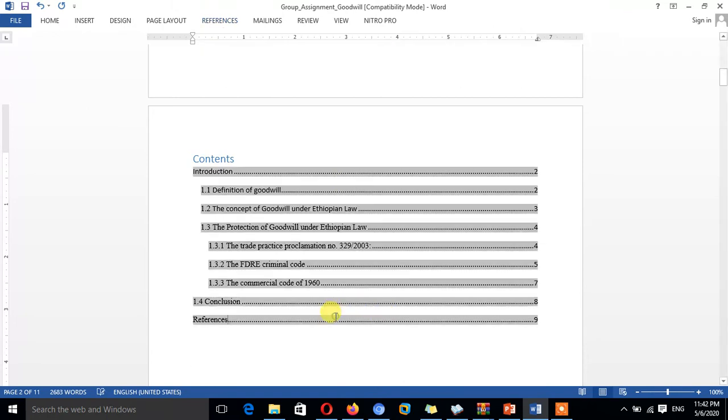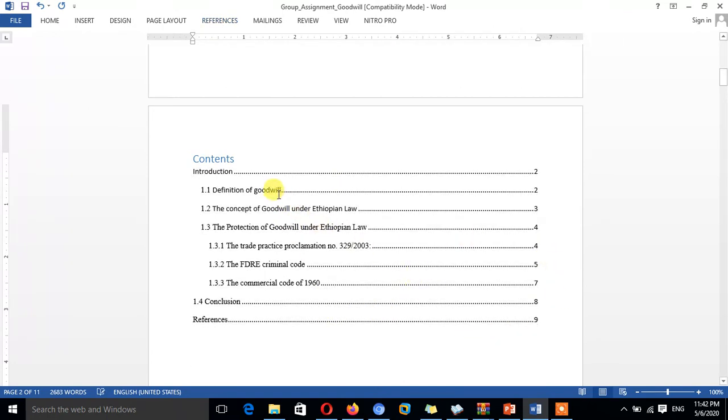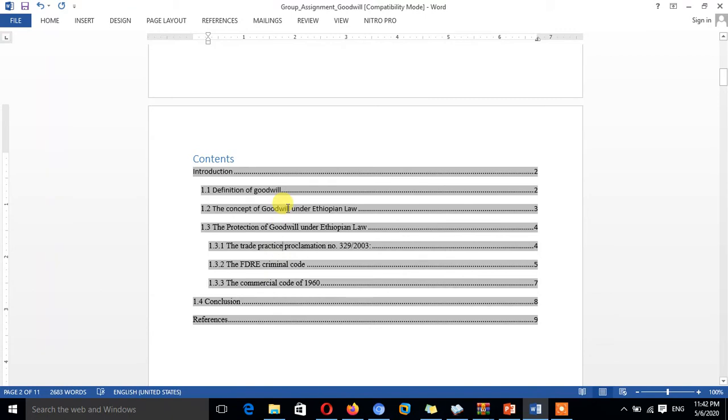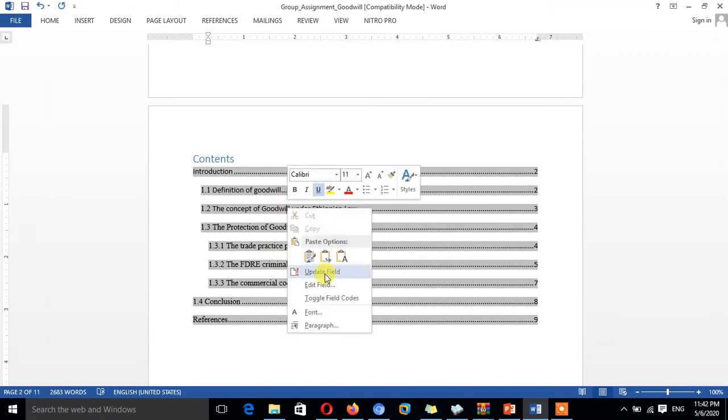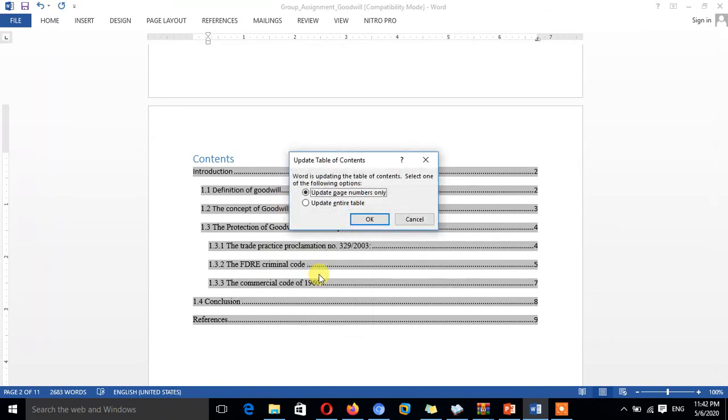Next, if you have made any changes after you generated your table of contents, just click on it, right click, and then choose Update Field. Assume you have added another heading, say abstract.